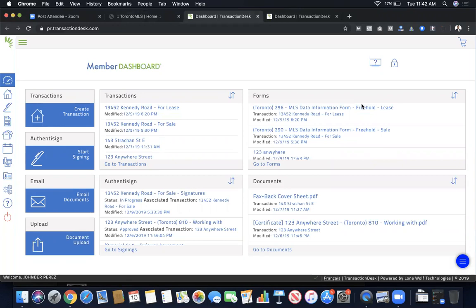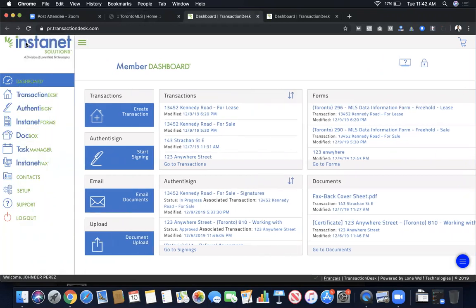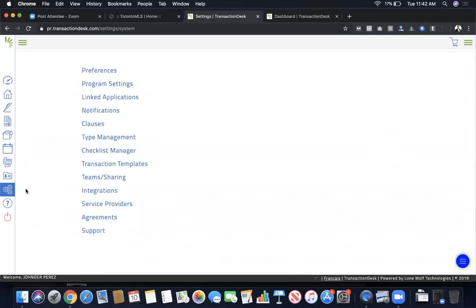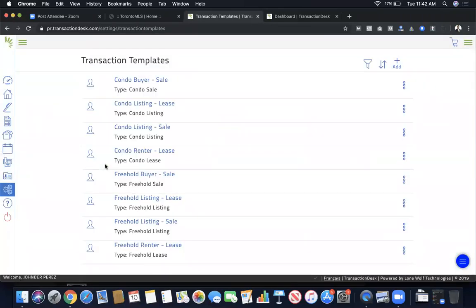Now I'm going to show you something. Aside from the color scheme changes, you see that everything's pretty much the same as far as the look and feel, because it is. So if I were to create transaction templates, I'm not going to go through this entire thing again, but I'm going to show you where to find it. If I click on setup, like what we've done earlier,